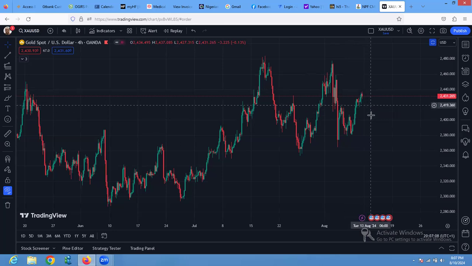I want to see the complete correction of what may look like a 2 or a pullback to the downside before we go for another push to the upside, another buy. So ultimately, we are looking for a buy here. I wouldn't want to sell. I want to look for price action, see the correction. We need to take low this if we are going to have a deeper correction. We need to break low